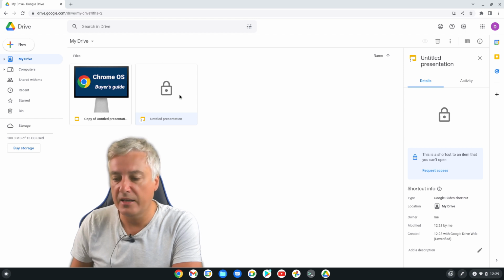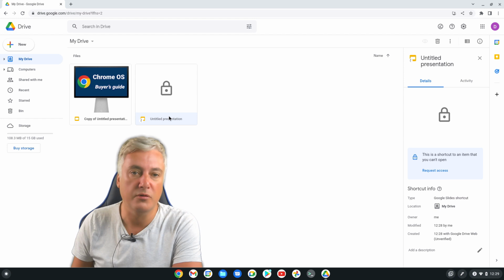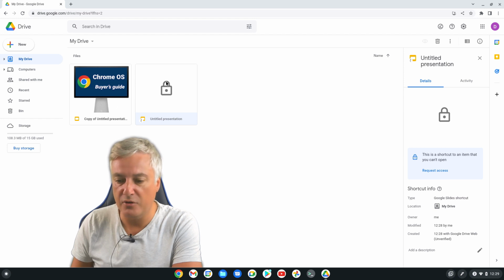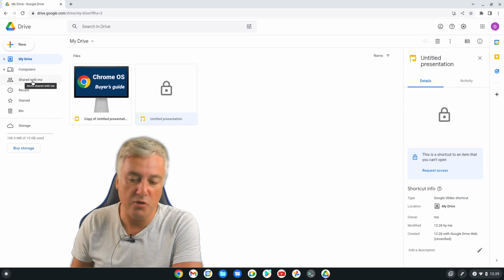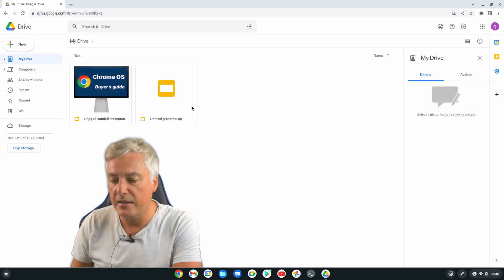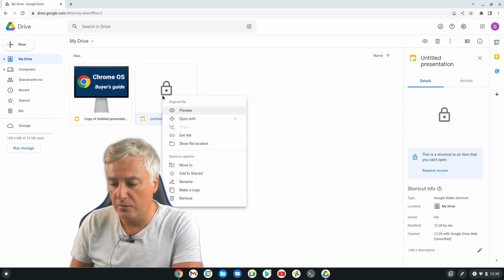So essentially, if you do create lots of shortcuts from shared and then access is removed for whatever reasons, then if you've created lots of shortcuts in My Drive, you're going to get a lot of these. So you could argue that it's best just to leave them all in Shared with me rather than moving to My Drive. Okay, so here now, if we just remove that one,